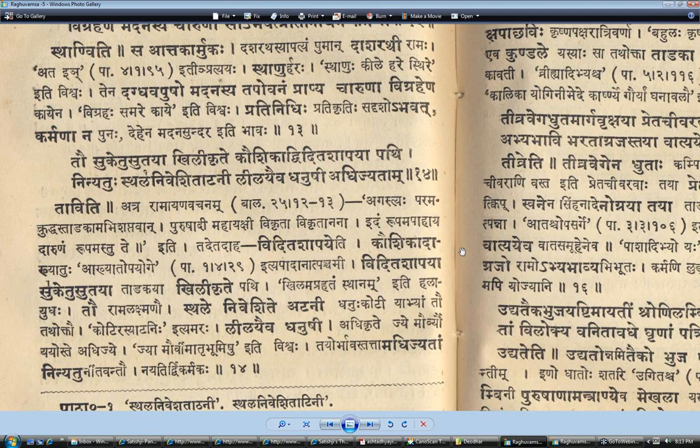Kaushikena would have been... it'll be known by Kaushika then. See, because this is qualifying Vidita. It's also an example where this Kaushikad is really applying to only a part of the samasa, which is Vidita, not the Shapaha. So really Kaushika should have been in the samasa itself. So Kaushikad Vidita. So known from Kaushika. That's all. Or learned from, understood from Kaushika.